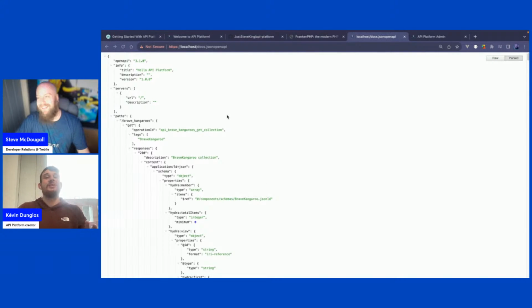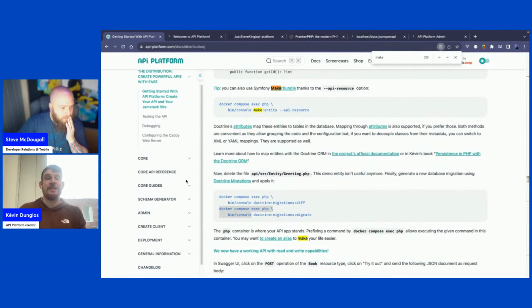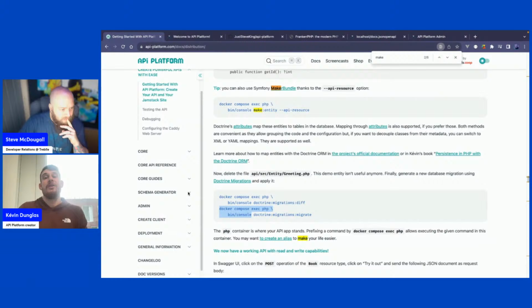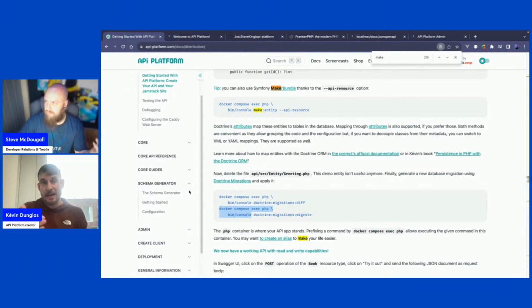And of course, you have a lot of other features, some of them built on top of Symfony, some other specific to API Platform. For instance, you have automatic pagination that is out of the box if you are using Doctrine or other supported ORMs, or you have some interfaces to implement.